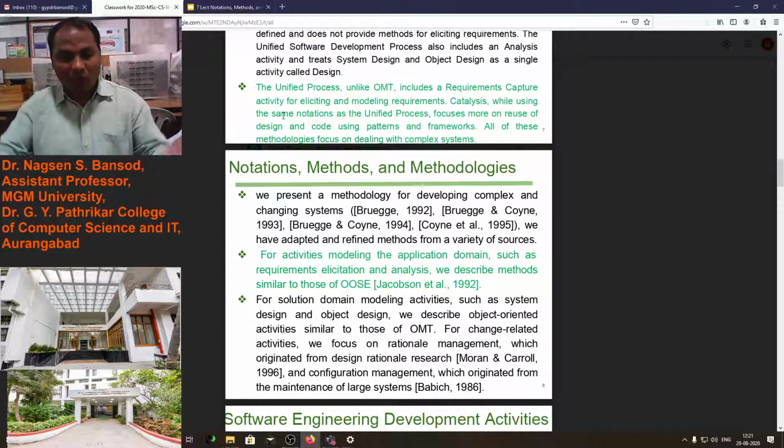After collecting all these methods, we solve the complex problem, and we get one methodology. We get a collection of methods to solve the software problem.